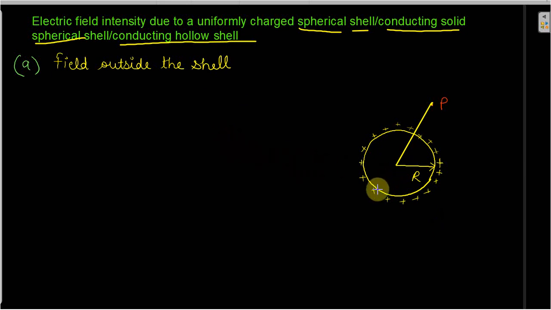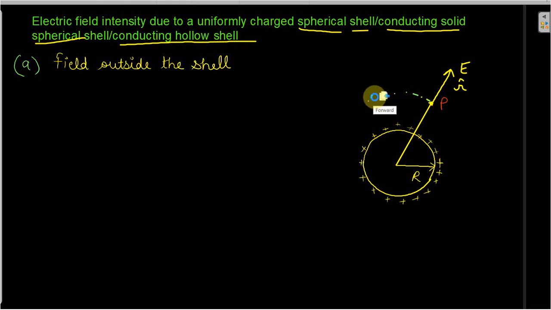So now we have given the positive charge to the shell and we want to find the electric field at point P. The positive charge is here, so the direction of the electric field due to this positive Q charge will be outward. So we will draw the direction of the electric field outward, and r cap is the unit vector of the electric field. To find the electric field at point P, we will draw a Gaussian surface of radius r, that is an imaginary surface, and on the Gaussian surface at every point the electric field is the same.